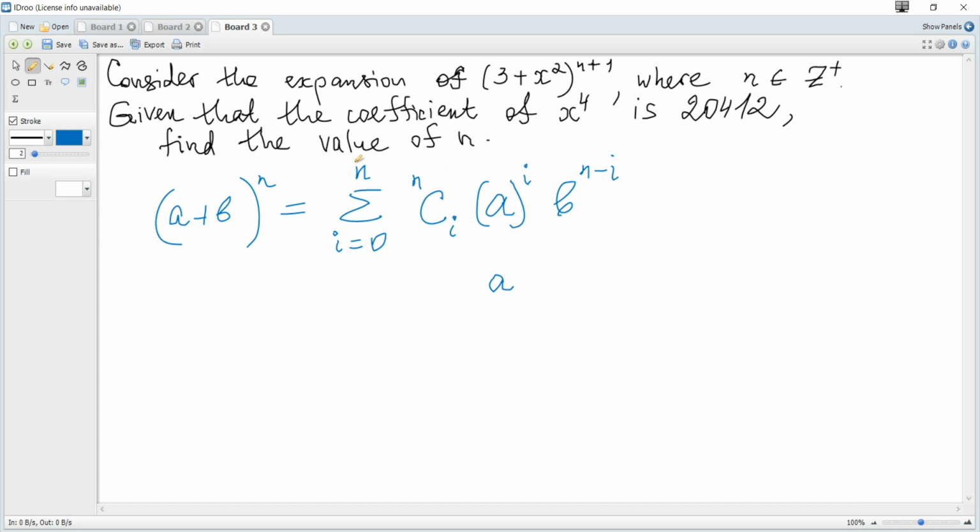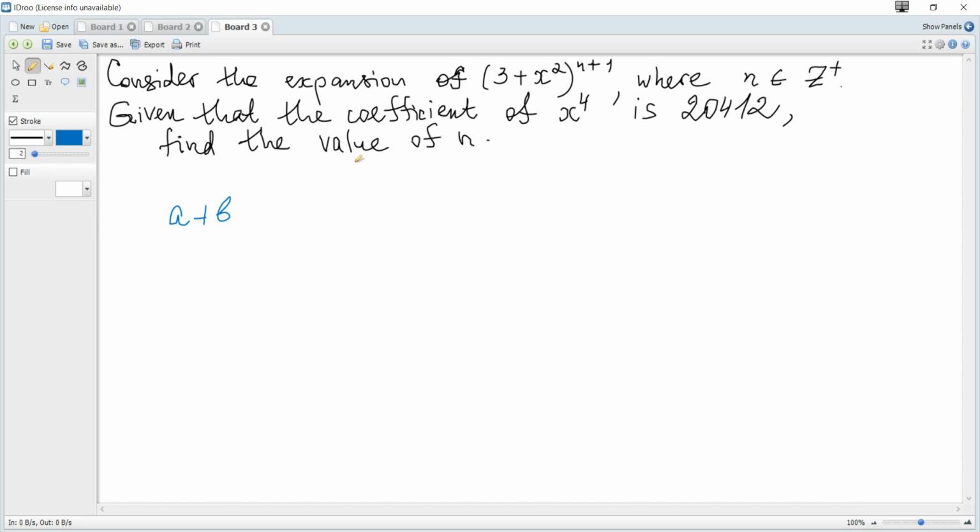So here we get the next. (3 + x²), and notice that here must be plus to apply the formula. If you meet 3 minus x², you should consider it as 3 plus negative x², and hence b is negative x². So it becomes the sum for i from 0 to n + 1,